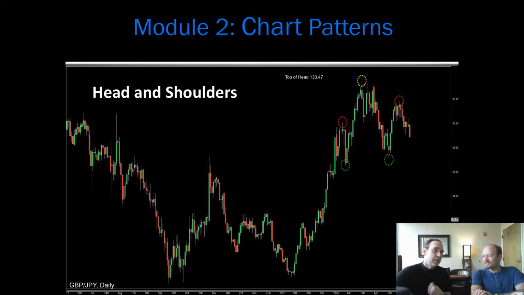But, again, with the psychology behind it, we have people that have been in the market, gotten in, ridden it up, and they're in the money. You have other people who waited, then got in later, and they're going to make a little bit of money. It's going to take them a little while to get in the money. But then we have the last group I told you about, the Group C people who say, look, I can't stand it anymore, I'm getting in, and they get in exactly in this area up here at the top of the head.